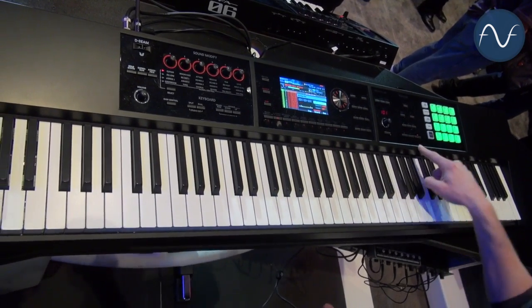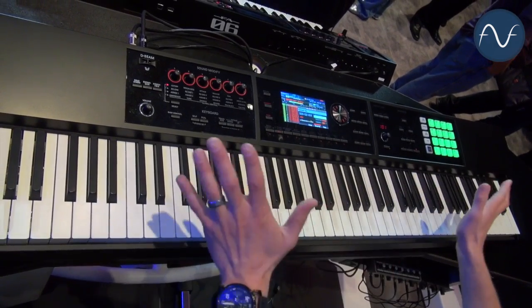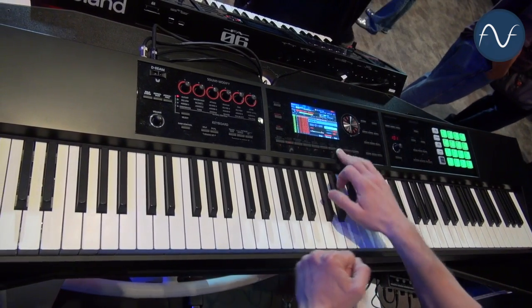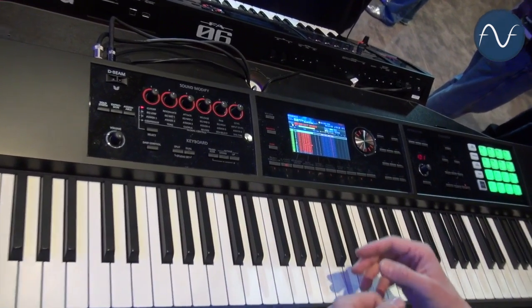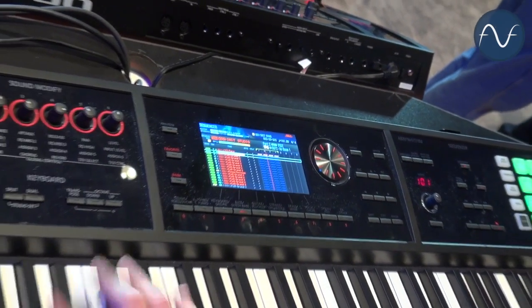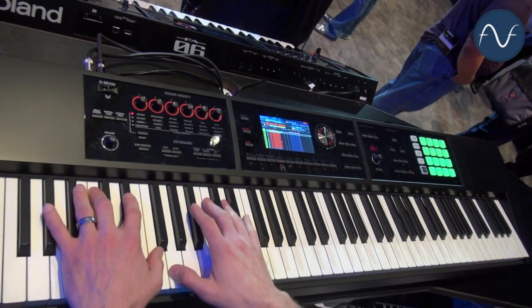So we got that. Now, I just hit the record button. And what this has done is put me into seamless record or non-stop record mode, which means I can do that, and it's not going to record because that would be just a horrible song. So what I can do now with this is I can audition other things. So say I wanted to change that piano to electric piano. Yeah, I like that, so we're going to do that. And then I can now move to my next track and audition different sounds. Yeah, I'm going to play a bass now. So I'll hit record, and now I'm recording for...